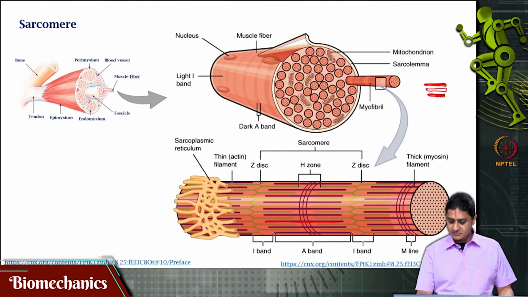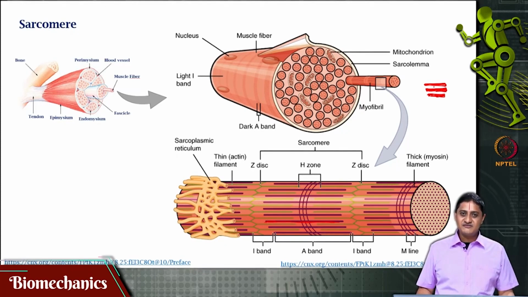So, alternating stripes that you will see. Since these stripes are present in the muscle, that muscle itself is called striated muscle. Striated muscles means those muscles that have these stripes. But what is the functional significance of these stripes, of these striations? You will have these thick lines here, and on top in this figure, seen in green here,